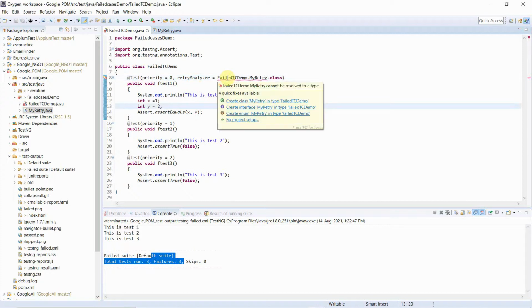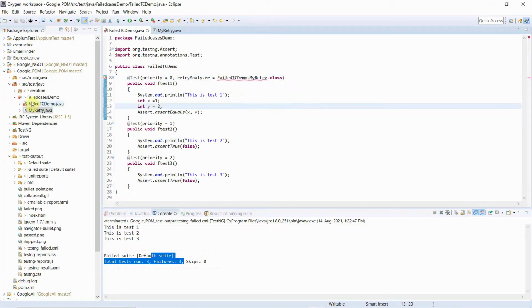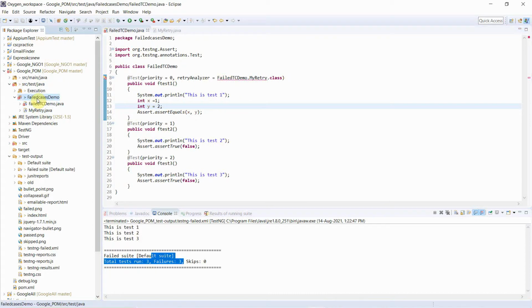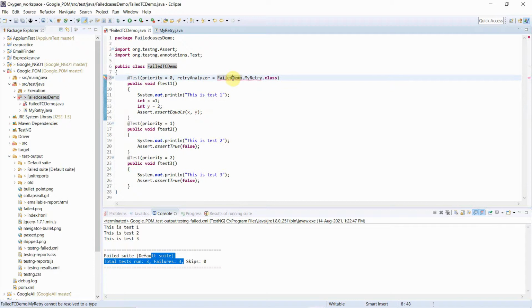There is some error, let me resolve it. Failed case demo, sorry, the name was different, that's why it was an error.